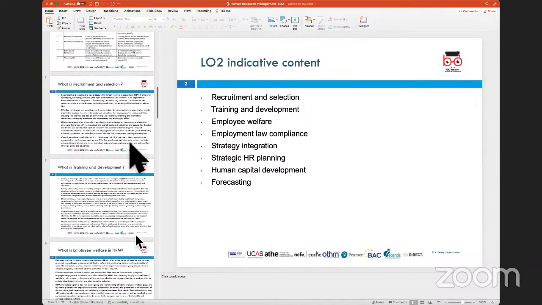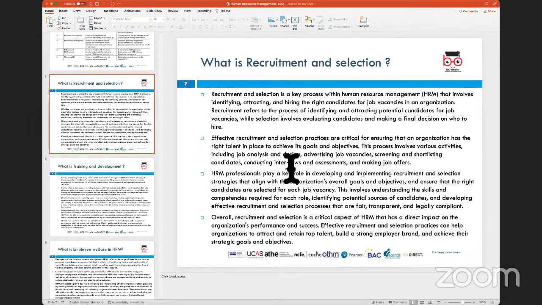what I've done is I've created individual slides talking about each of these terms. Now, it's not difficult for me to explain, and one of the things which I mentioned at the start of this session to you is what we need to do is wear the hat of an HR. Today, I am, for the next hour or so, working as an HR manager for UK Versity, and you are working as an HR manager for, say, XYZ organization. And what we're going to do is discuss what does the HR do from that aspect,